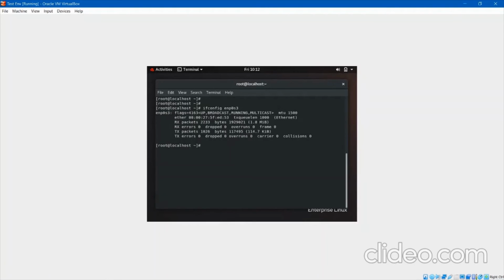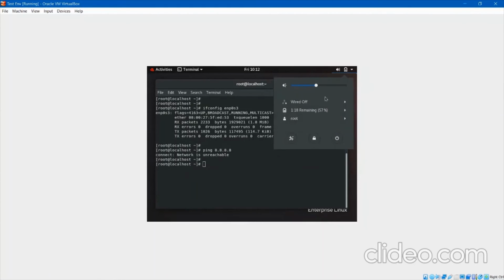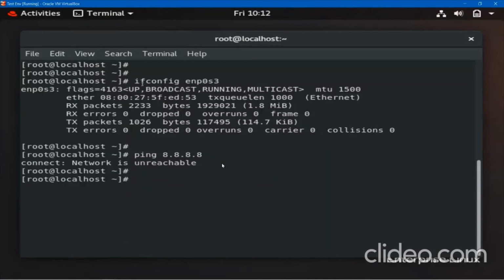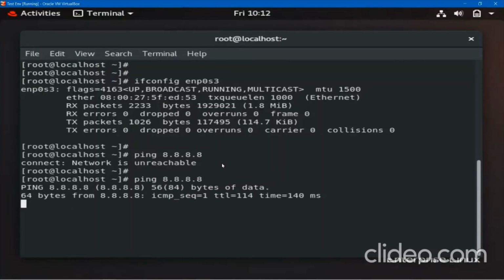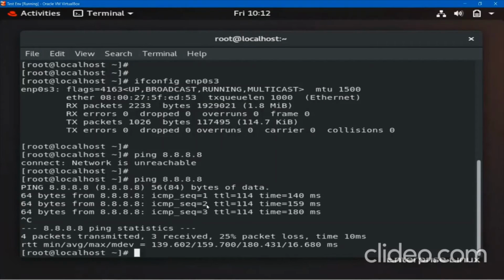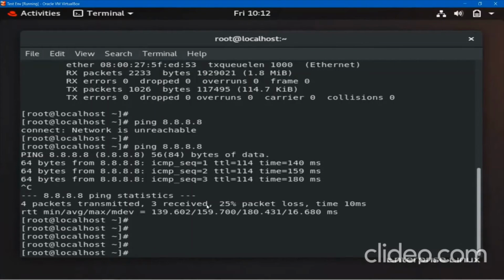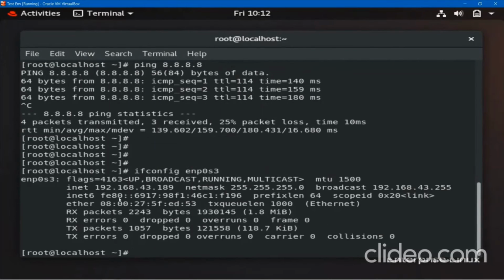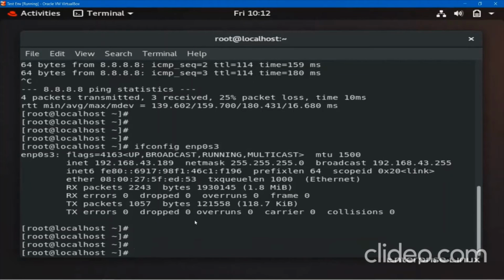If I now ping 8.8.8.8, here you can see the network is unreachable. If I want to connect again, I can go here and just connect. Again I do ping 8.8.8.8, it started again, and if you want to see the IP address, the IP address comes up again. This is how you can do things.